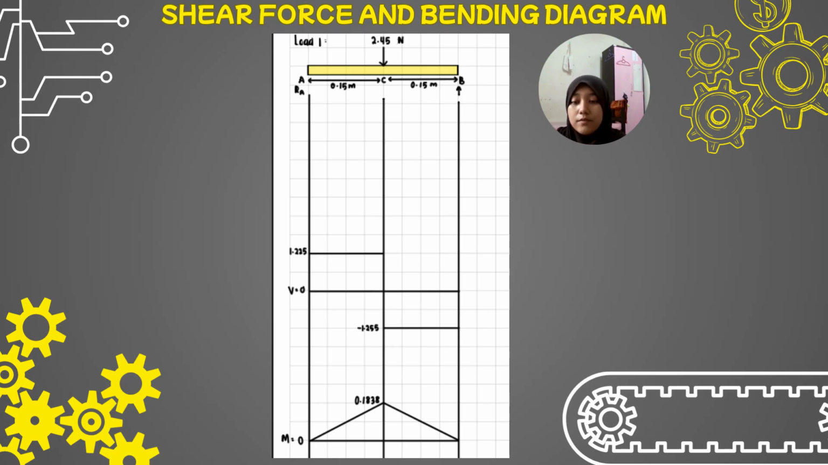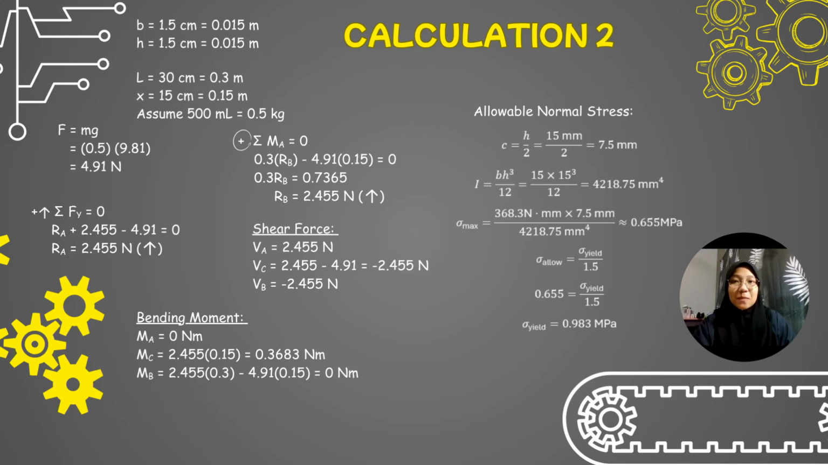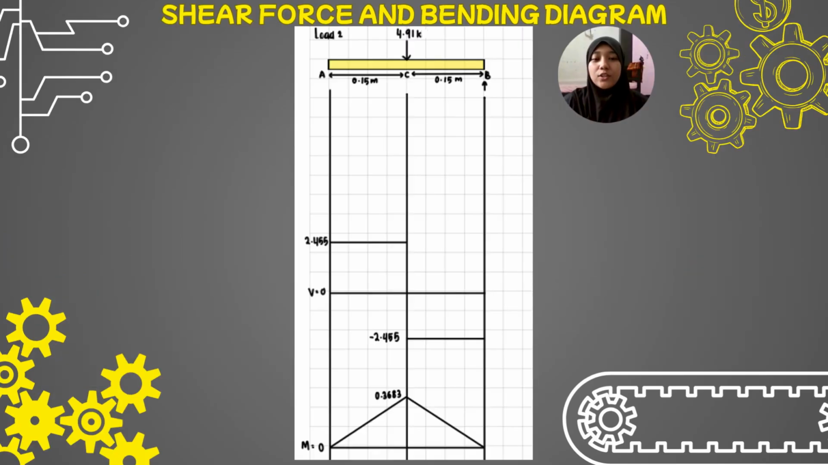0.1838 Newton meter. For calculation 2, the maximum bending moment increases to 0.3683 Newton meter. Under the same beam geometry, this doubles our applied bending stress to 0.655 MPa. To maintain our 1.5 safety factor, the required material strength increases to 0.983 MPa. So for load 2, we use a mass of 0.50 kilogram. The force doubles to 4.91 Newton, and the support reactions double to 2.455 Newton each, and the center bending increases to